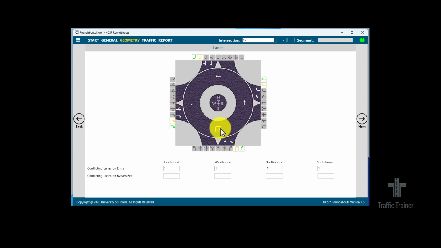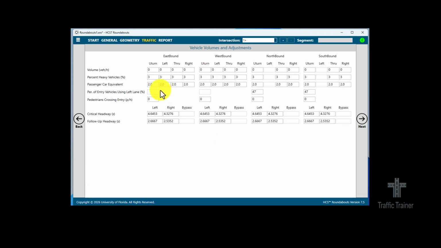So this is the situation that we have, but in the circle we don't have one lane, we have 2. In order to add 2 lanes in the circle, we just click on this button once, so it will create 2 lanes. These 2 arrows mean there are now 2 lanes in the circle. Similarly, we have 2 lanes here, 2 here and 2 here. Now you have to change it based on the volume and the turning movements that you have at your roundabout. Once you have done this lane configuration, you can move next,